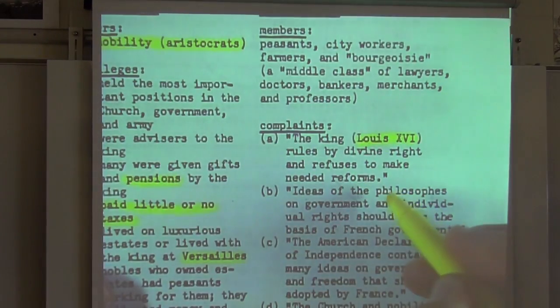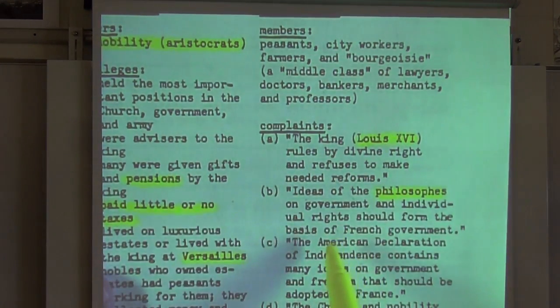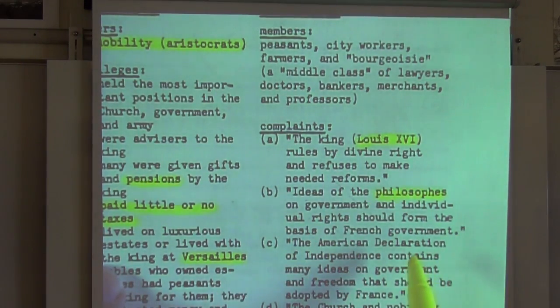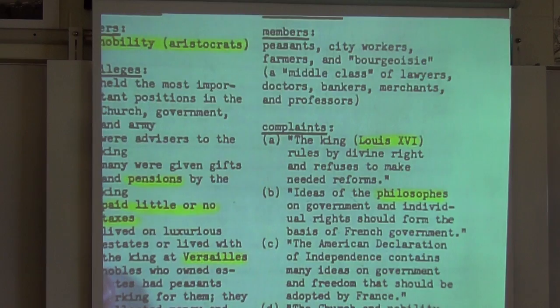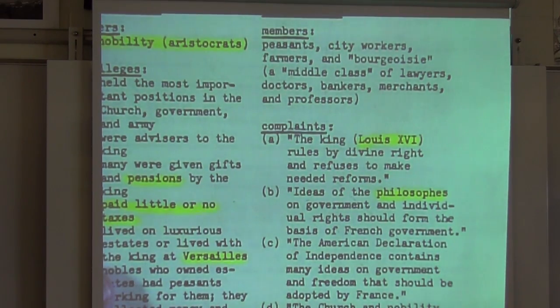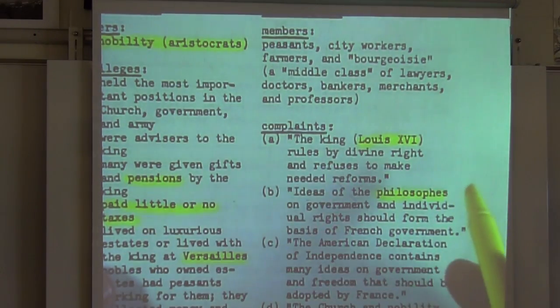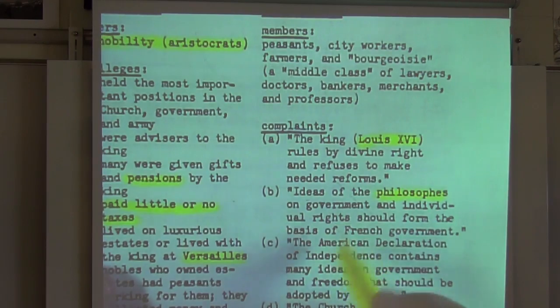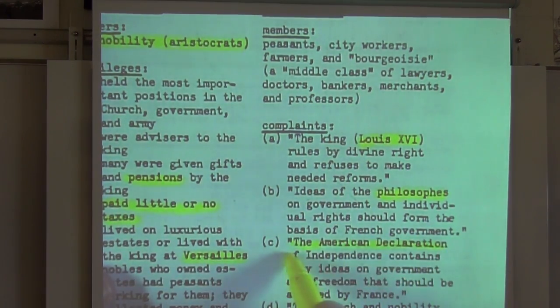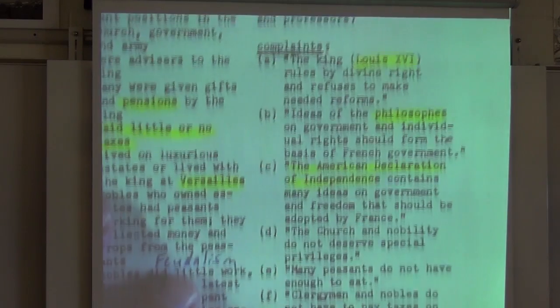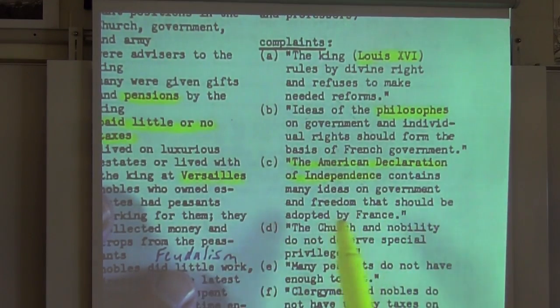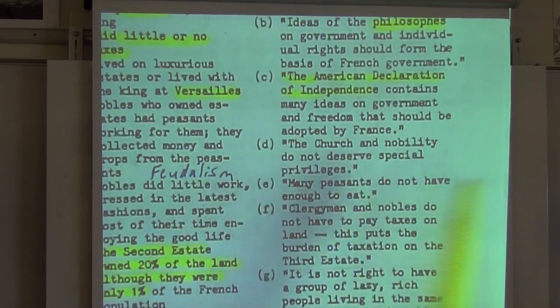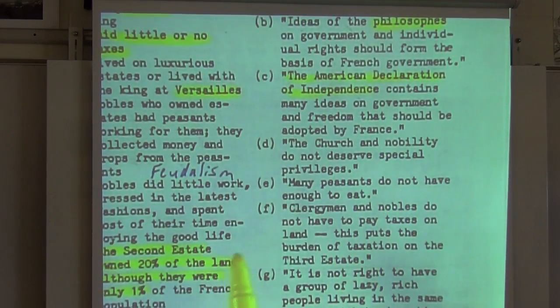Here we have the philosophes. So the representatives of the Third Estate said the ideas of the philosophes were good. Let's make them the basis of the French government. I think this is interesting. We sort of associate the French Revolution with the year 1789. Of course, this is 13 years after the American Revolution in 1776, and the French were very much influenced by the American Declaration of Independence. These leaders of the Third Estate said this document has a lot of stuff that we like.